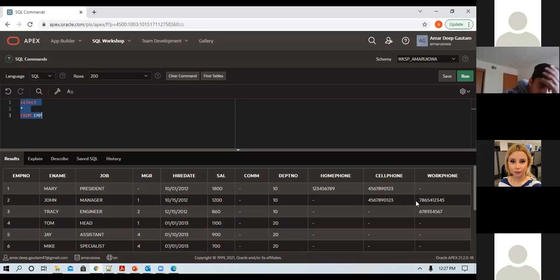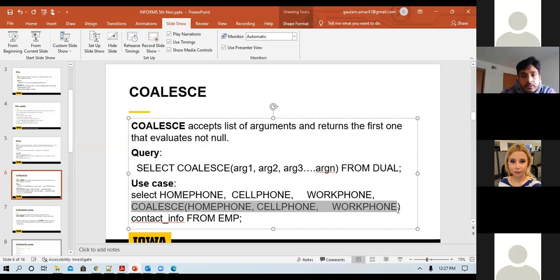Suppose the requirement is that you get the contact info, as in get the phone number of a person, and it doesn't matter which phone number it is. But there can be a situation where a person might have multiple phone numbers, or not a phone number at all, or maybe just one phone number. And your criteria is: first try to get the home phone number. If it's not there, then get the cell phone number. If it's not there, then get the work phone number. So I'll use the coalesce function.